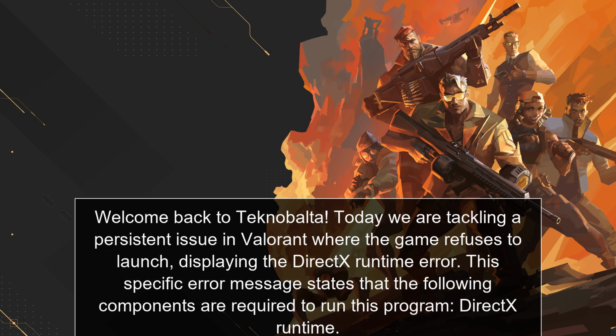Welcome back to Teknobalta. Today we are tackling a persistent issue in Valorant where the game refuses to launch, displaying the DLLs runtime error. This specific error message states that the following components are required to run this program: